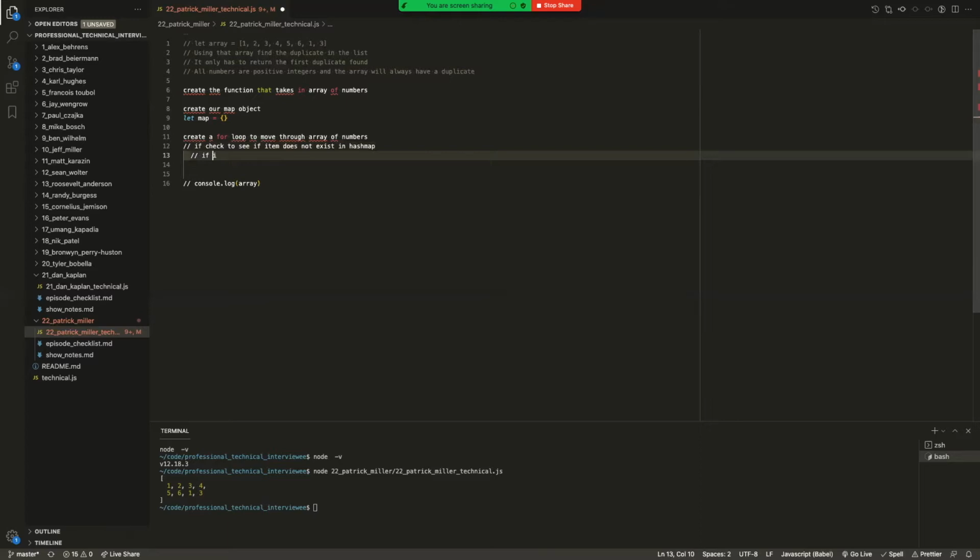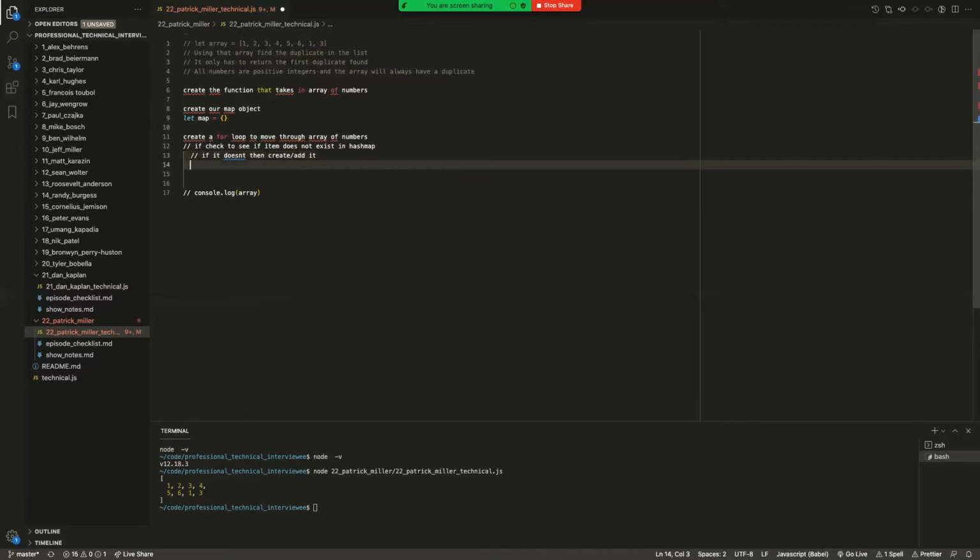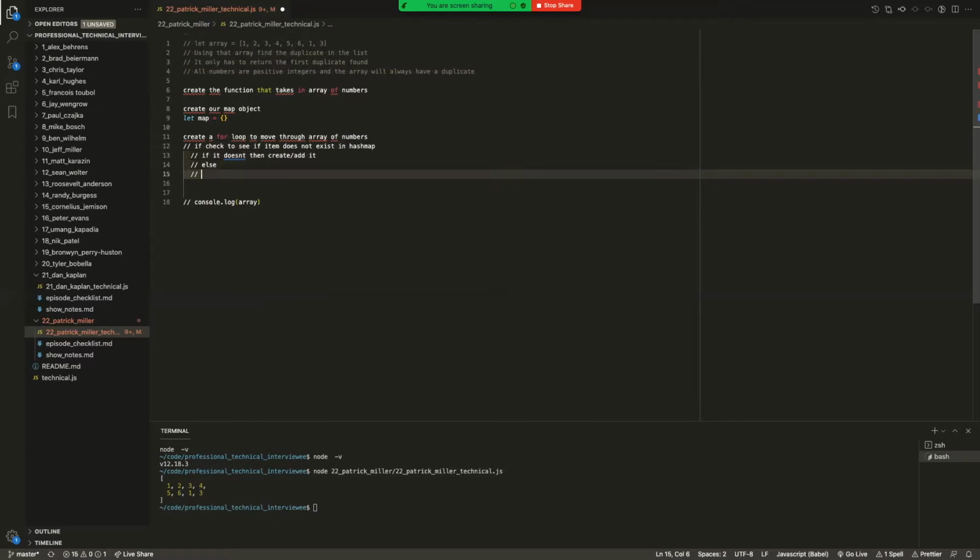If it doesn't, then create and add it, else return. I think exactly what we're returning would be the array index, which should call the item that already exists, right? Yep, array index.